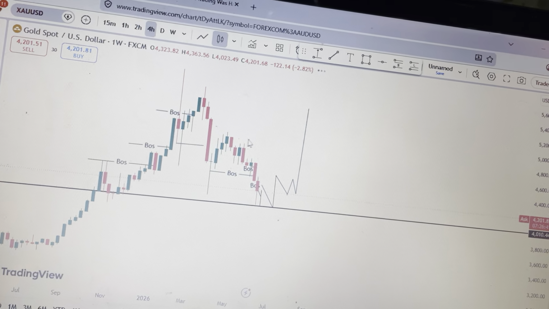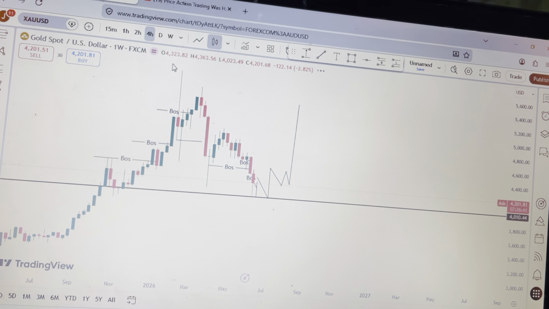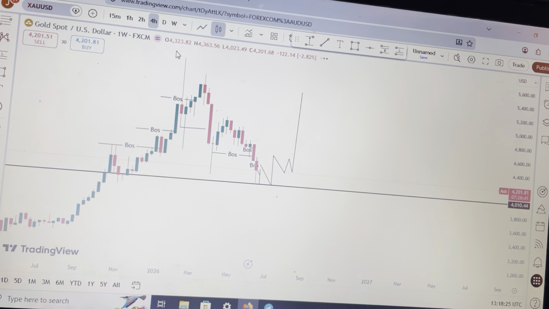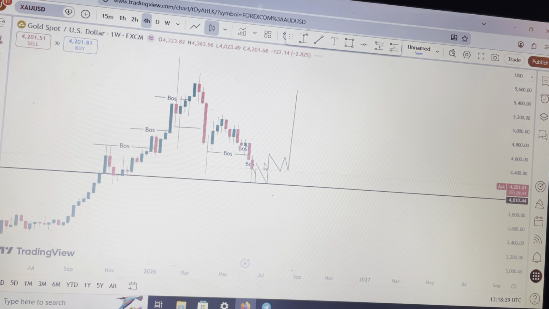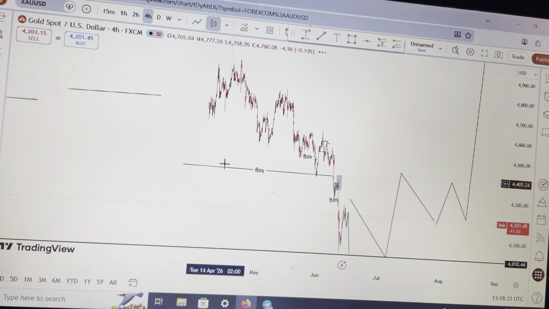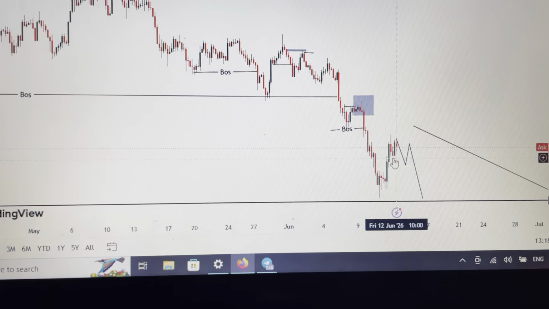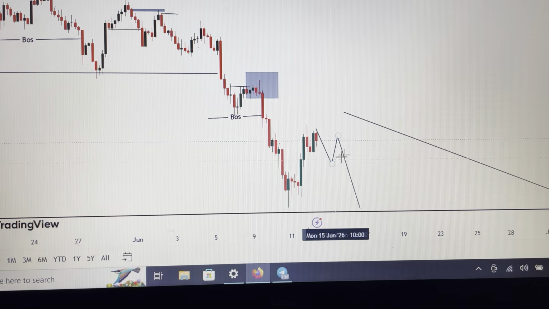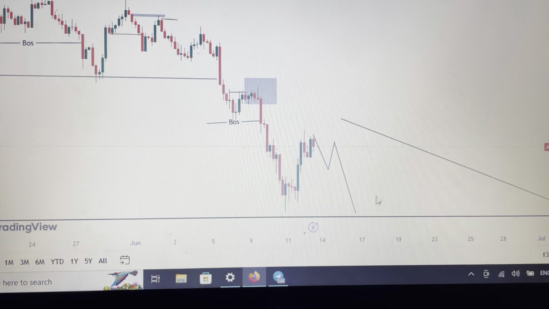So we need to wait for gold to do that, and I'll be updating you guys on every move. So we should be looking even for sells. Gold, even for next week, can still sell and reach around 4,000. Then around 4,000, we should be waiting. We should be looking now for a buy. Obviously, here's the setup. So when gold gives a market structure pullback around here, we should be waiting for a buy around here. So we should be waiting for a buy around here.